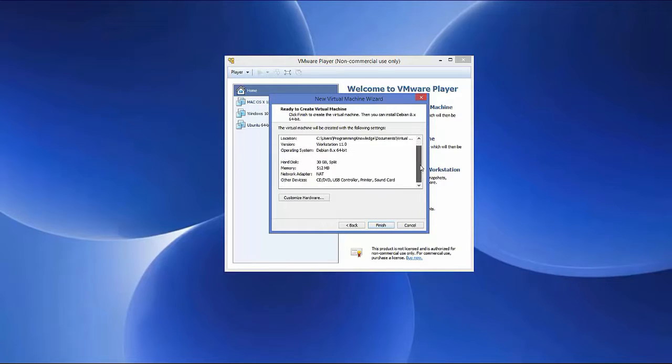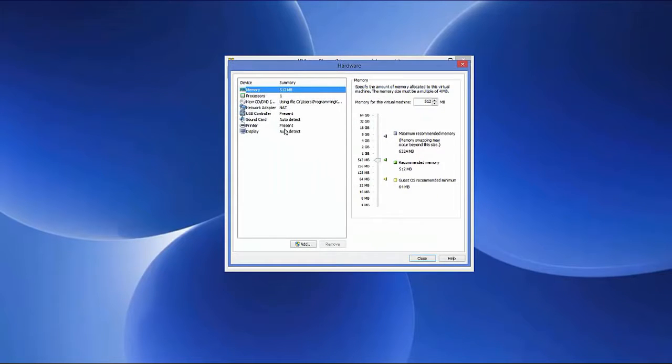And in here you can just see the selections you have made. For example, the name we have selected is Kali 64-bit, and the hard disk is 30 GB, and in here memory is 512. So if you want to change it, you can just click this customize hardware button, and it's going to open this kind of hardware interface, and in here we can increase the memory. By default it's 512 megabytes, but I want, for example, 2 GB of memory, so I can just scroll this